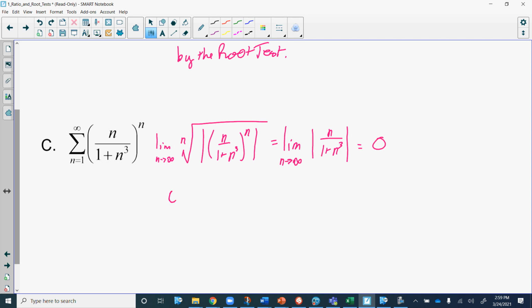And 0 is definitely less than 1. Therefore, this series will converge absolutely